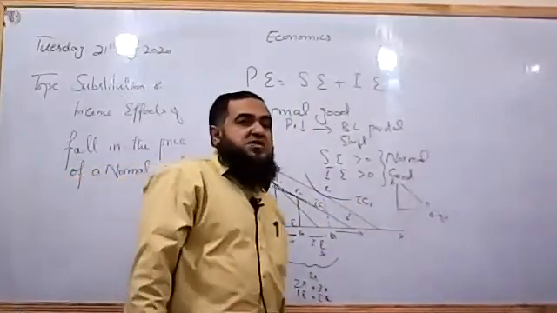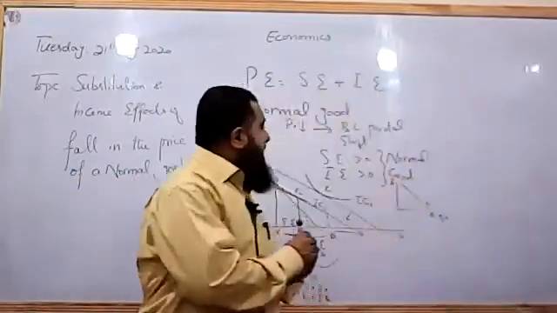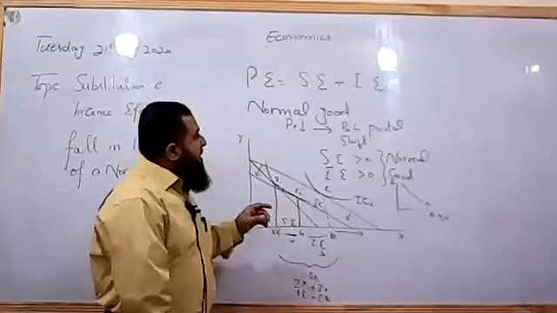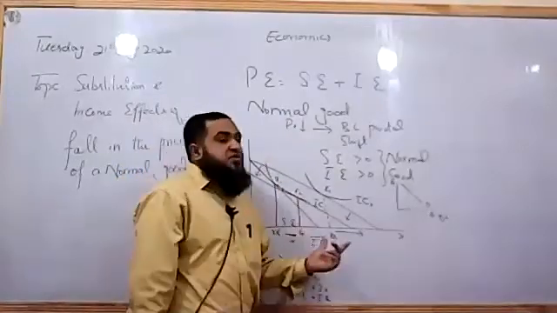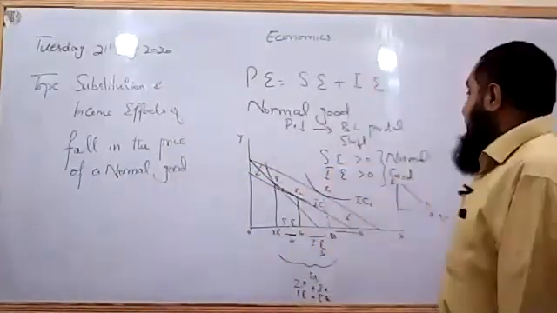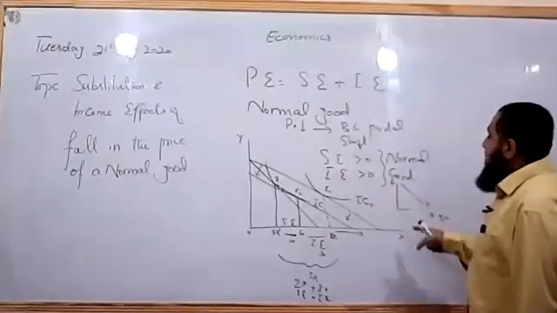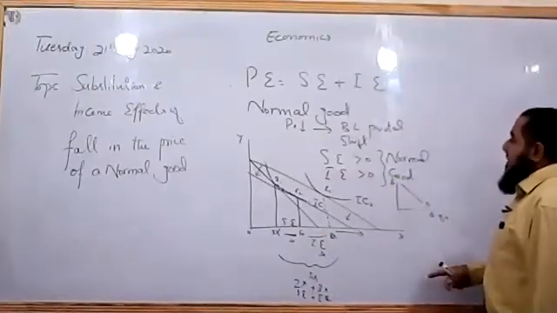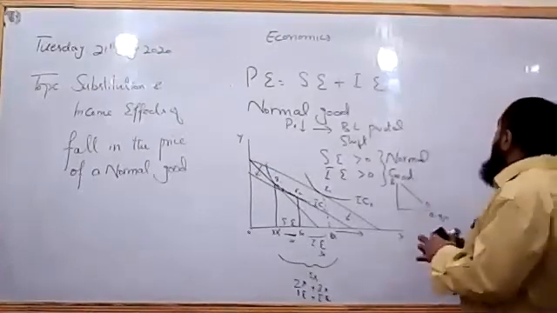When price falls, he is increasing the consumption of X. So the demand curve of a normal good is downward sloping, because when the price of X falls, he is able to consume more of X, and more of X due to two effects, due to substitution and income effect. When both substitution and income effects are positive, so the demand curve, if I draw the demand curve from my,